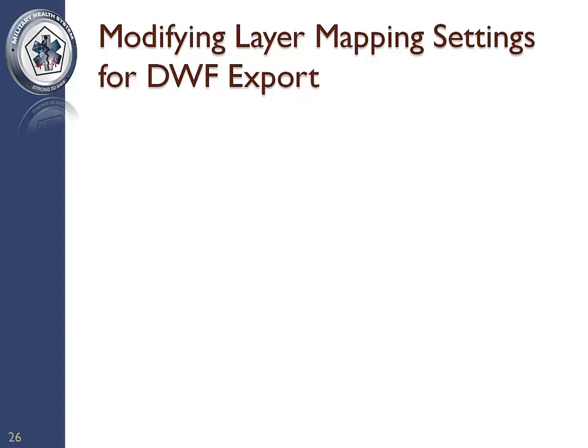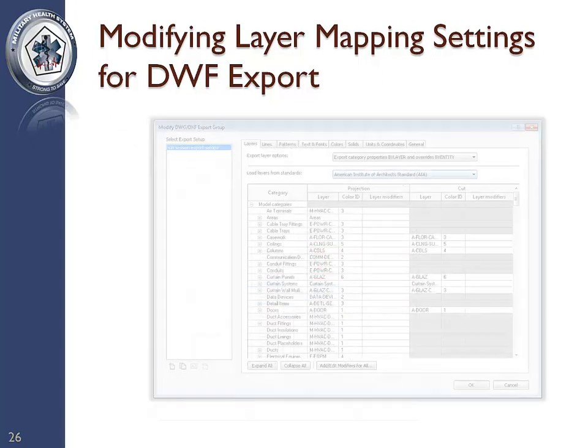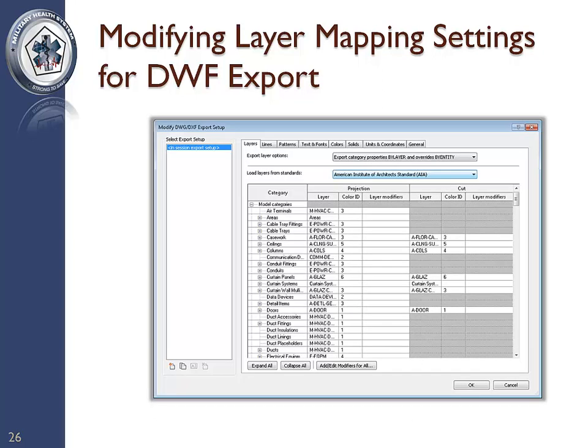To do so, click the Revit application drop-down menu, select Export, Options, and Export Setups DWG/DXF. This will open the Modify DWG/DXF Export Setup dialog. There are 8 tabs or categories within this dialog that provide various options for customizing the export. By using the USACE Revit BIM template and assigning the view templates for the sheets, lines, patterns, text, and fonts will be correctly preset. The Layers tab is the only category on this dialog box where you will need to